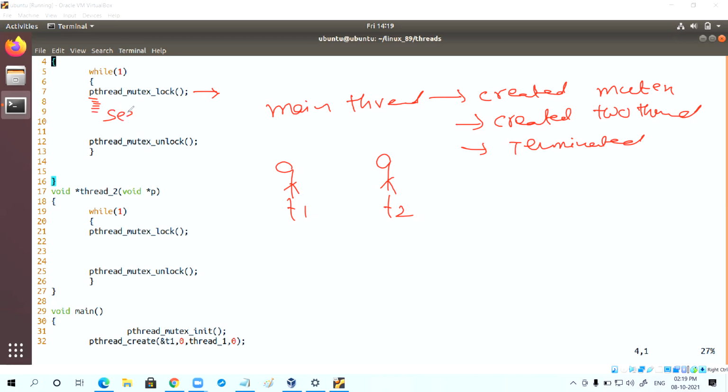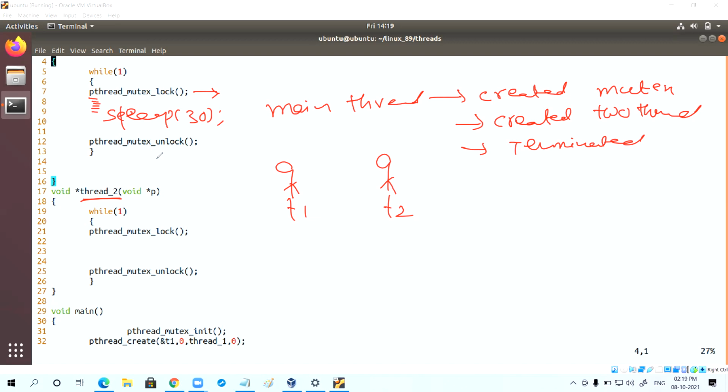Suppose I give a sleep of 30 seconds, can I say the CPU time slice is shared to thread 2?